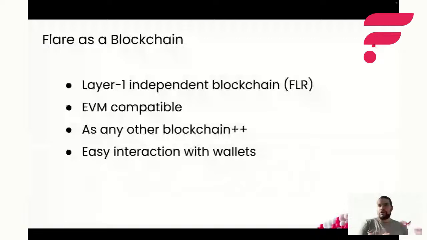And we also made sure that we are EVM compatible. We'll learn about this a bit later, but that means that we are compatible with most of the existing wallets. So you can easily use Flare on existing wallets, MetaMask, Rabbit Wallet, or even hardware wallets, such as Ledger, Trezor, and so on, by just adding a new network. There is no additional configuration. The apps are available. So it's easy to add Flare as a new ecosystem. It's easy to interact with it. But what we add additionally on top of the blockchain is these additional data oracles that give you much more power when dealing both with dApps or being a developer and doing something more.